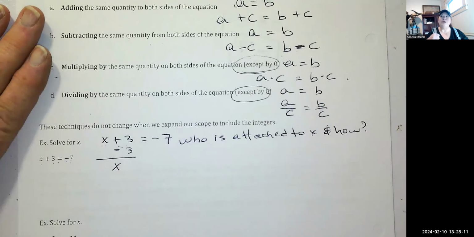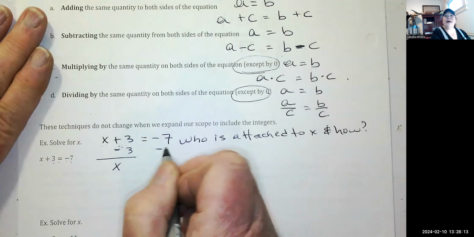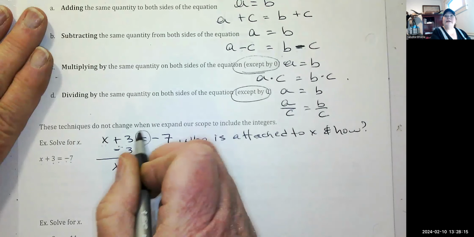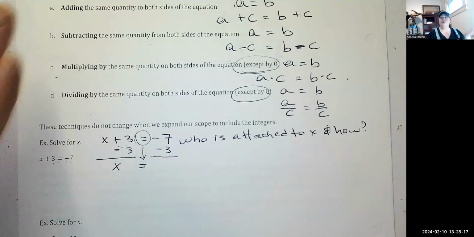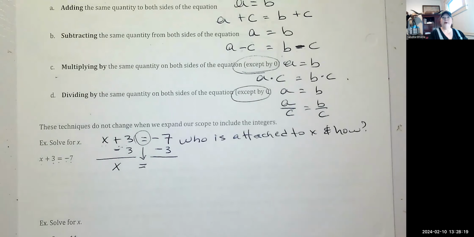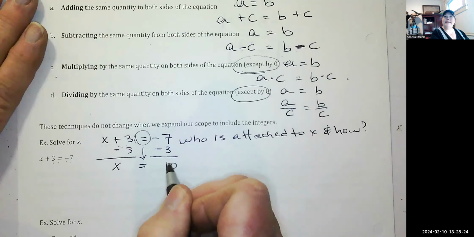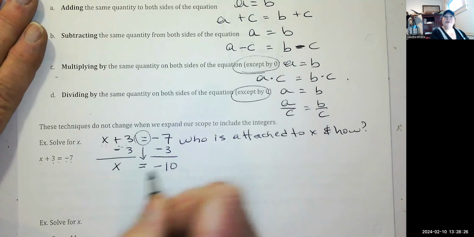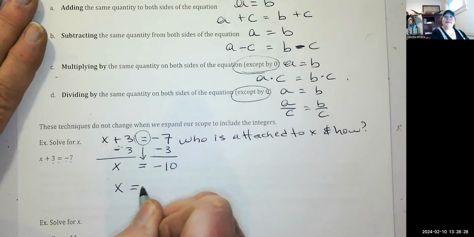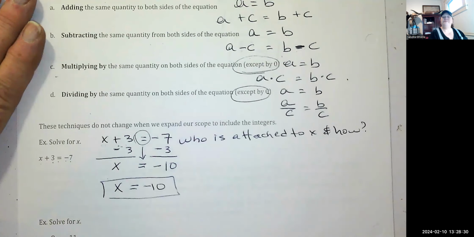But I still have to do the subtracting 3 from the other side of the equal sign in order to maintain that equality. Okay, so my signs are the same, so I'm going to add them and keep the sign. The answer for this is X is equal to -10. Okay,